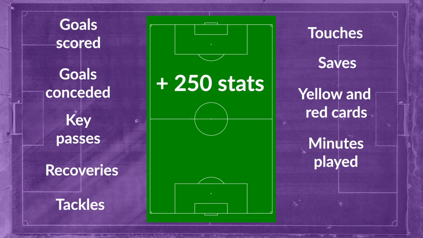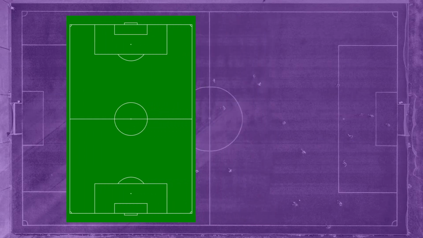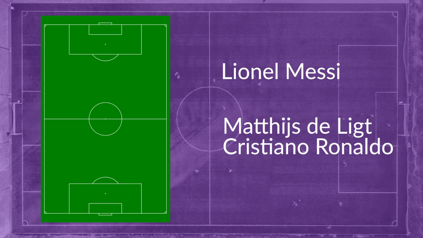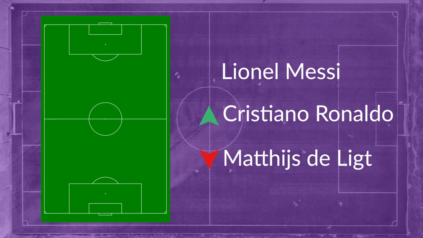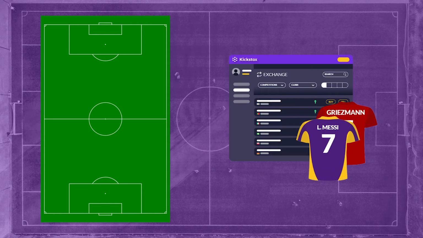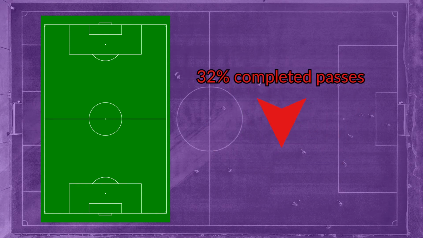and minutes played. This process happens live during the match, so make sure to track how your players are doing on Kickstox while the match is live. You may also want to make some trades based on what you're seeing. For example, if you're seeing that your player is performing poorly on the pitch, make sure to sell him out